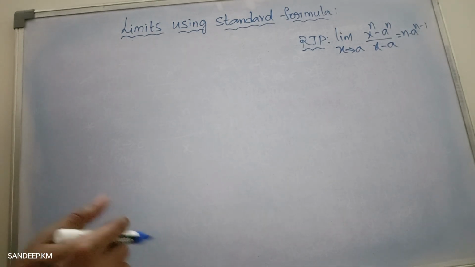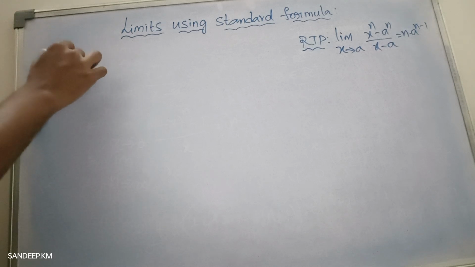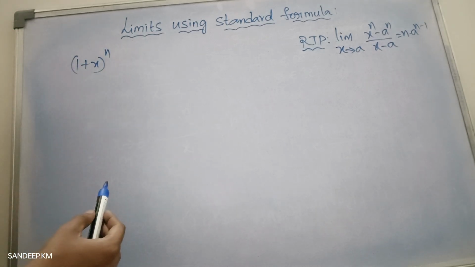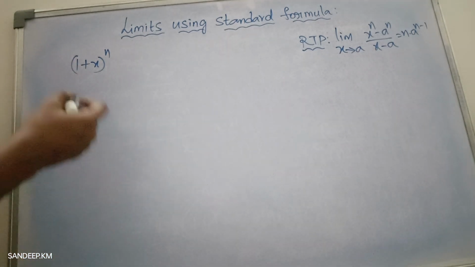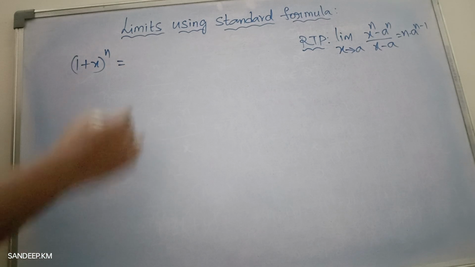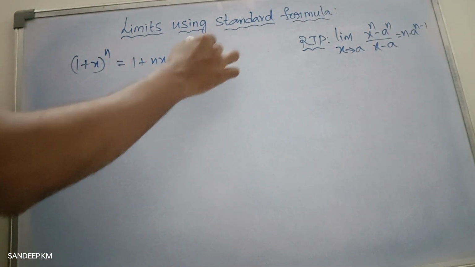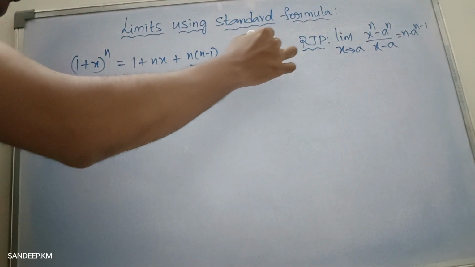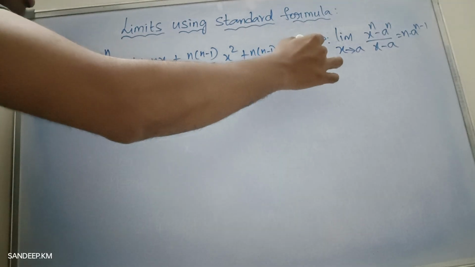expansion of rational index. So if you remember from binomial theorem chapter, you should have learned that 1 plus x whole power n, where n is any rational number. So for this, the binomial expansion is given by 1 plus nx plus n into n minus 1 by 2 factorial into x square plus n into n minus 1 into n minus 2 divided by 3 factorial into x